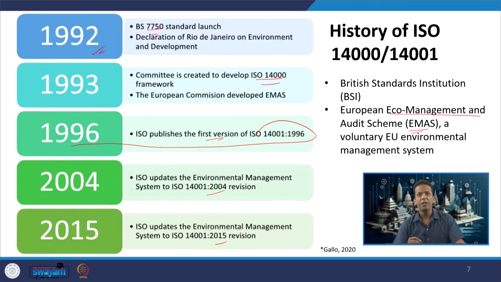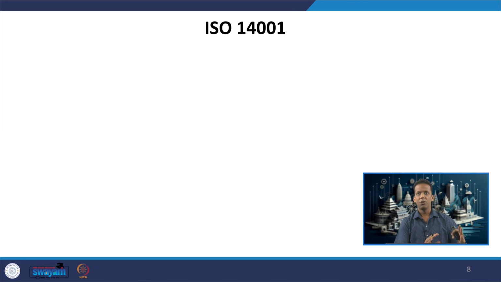The 2015 one was a very sophisticated, comprehensive document which has been widely applied, and most of the companies have applied for certification of ISO 14001:2015. It does not mean that it cannot be revised further. It is possible that these standards may be revised with time, and we may have a newer edition or version of these standards in future. So, that was all about the ISO 14000 series or family of standards: when it was established, what the purpose is, what the benefit is, and what the different types of standards included in ISO 14000 are.